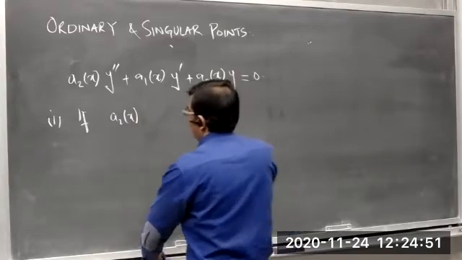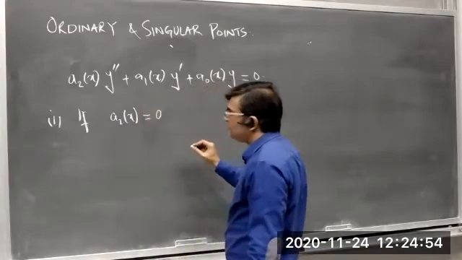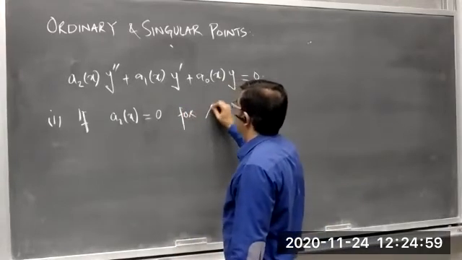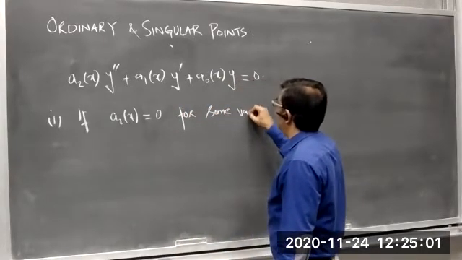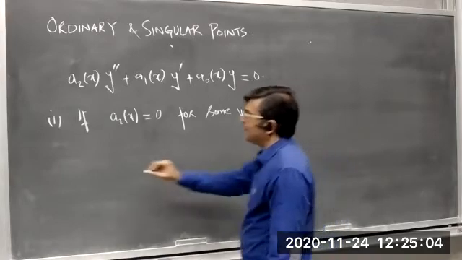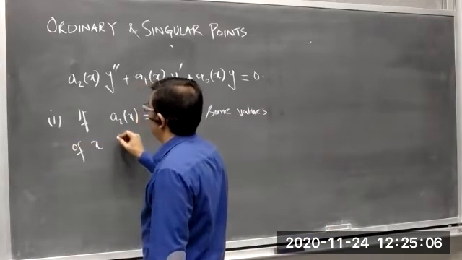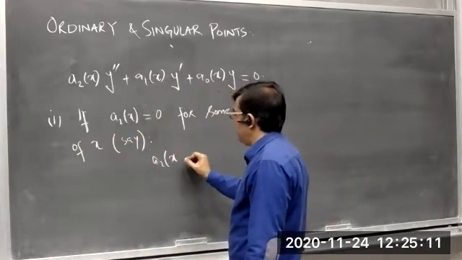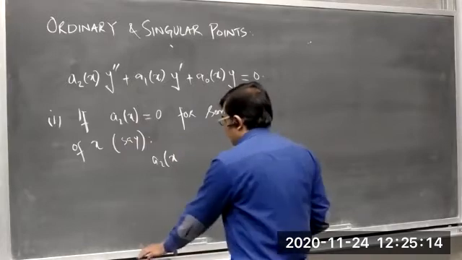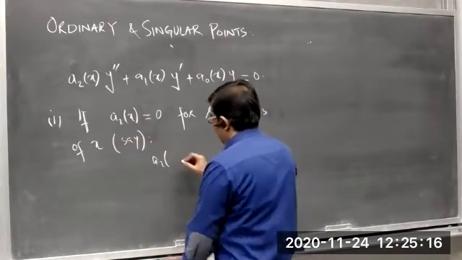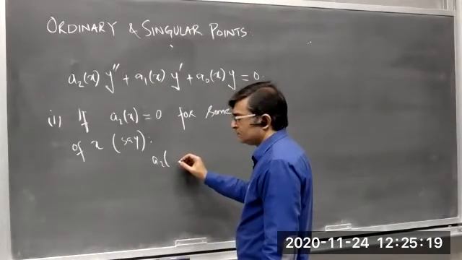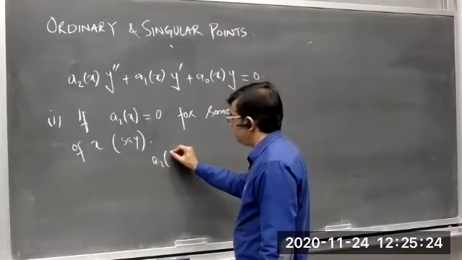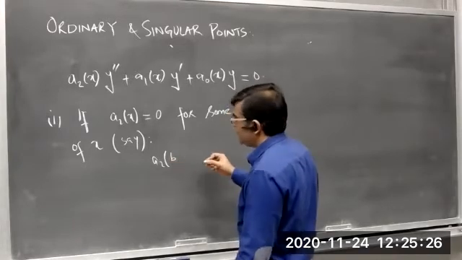If a2 of x is equal to 0 for some value of x, say x is equal to b,